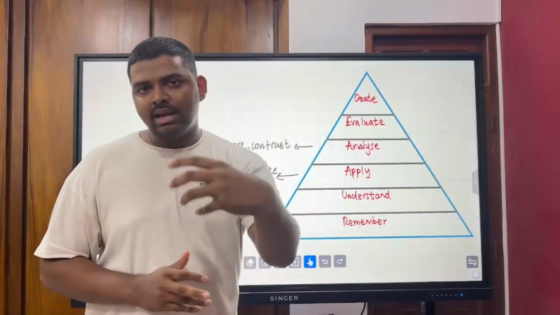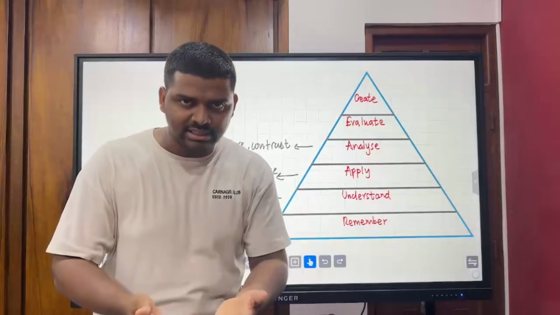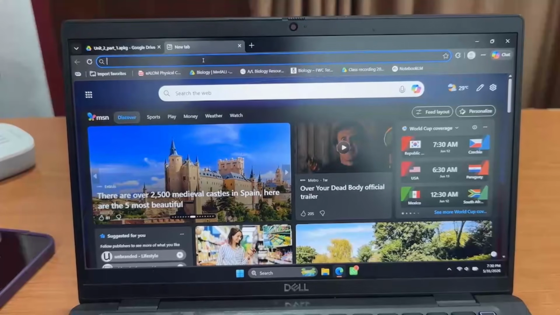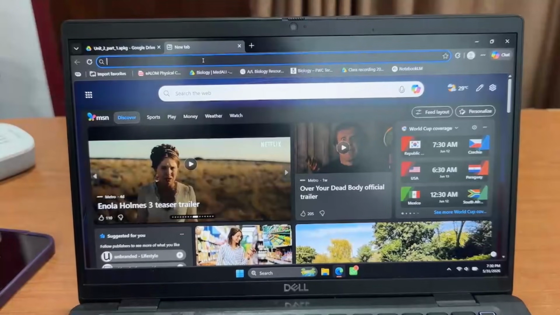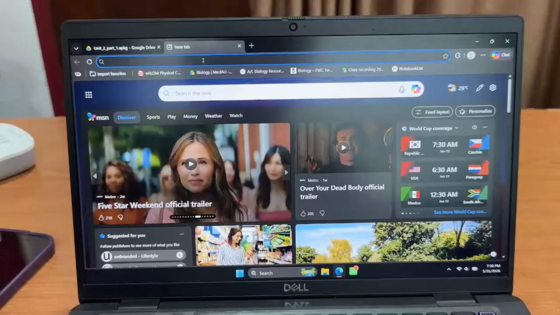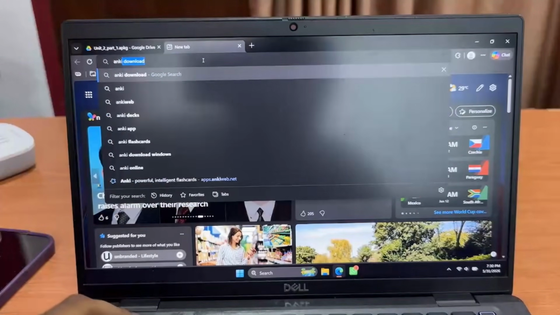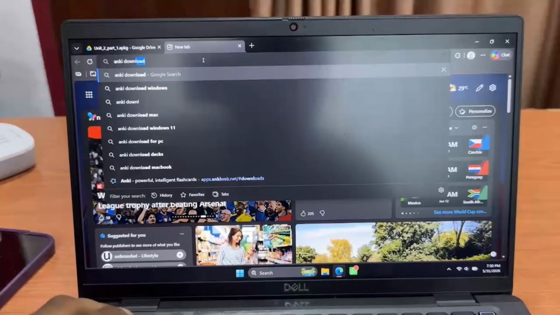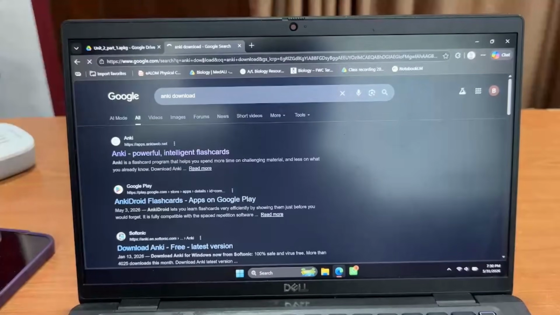Everything I will explain in this tutorial that is to come after this. Right, so this is what you're supposed to do. The first thing you're supposed to do is download the Anki app. So go on to any web browser that you like, search for Anki,